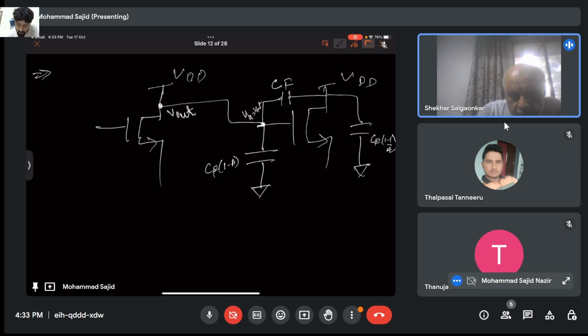Now, these capacitors are going to be divided and calculated, and then the output capacitor and input capacitor. The second stage will be calculated, not the first stage. In the second stage, the capacitor will have a gain in between, I mean, multiplied by the gain. Correct, sir? This is the left hand side.